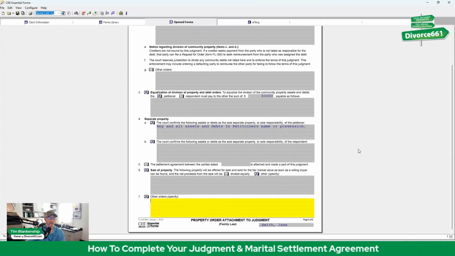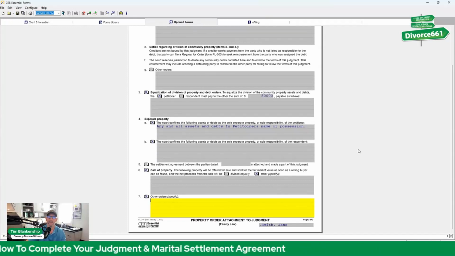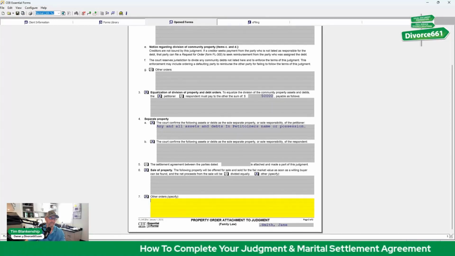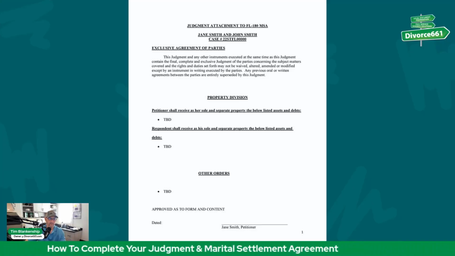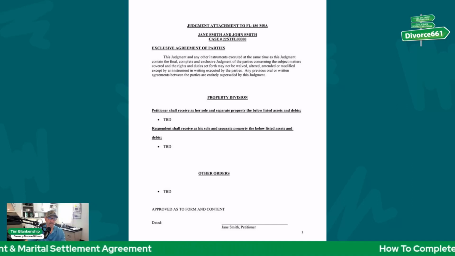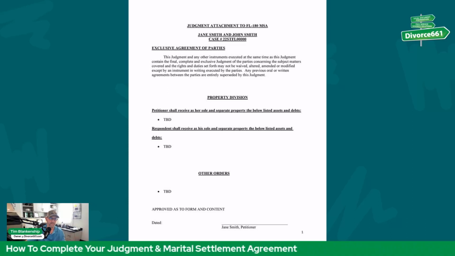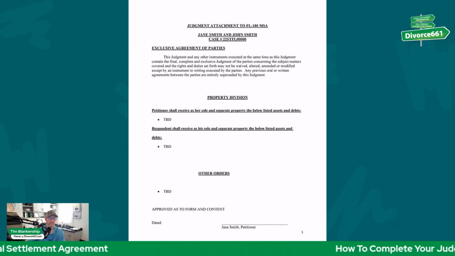Now, I want to give you a little bonus here where we talked about in the beginning where people are having problems about where do we sign, or what if we have more assets or more debts. I want to show you this. Let's see if I can bring this up. Okay, so if you have a lot of assets and debts, if you have some things that are just easier to include as a narrative, you want to explain something, or something that makes more sense to you guys, you can use something simple like this. So this is not something I got offline. This is something we use internally,